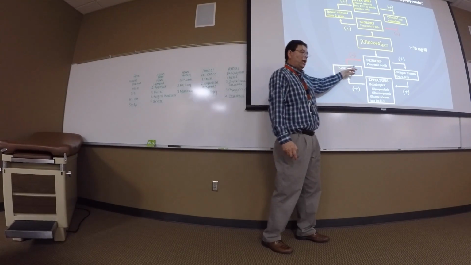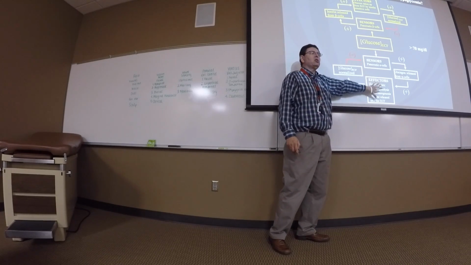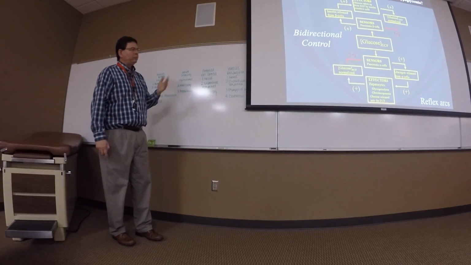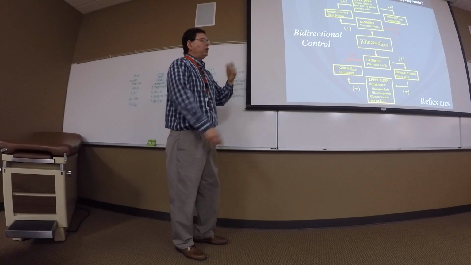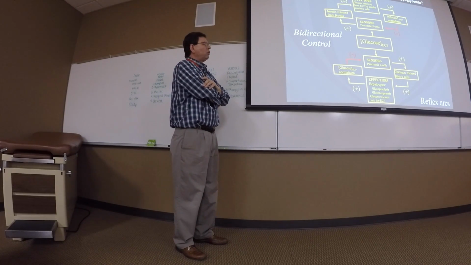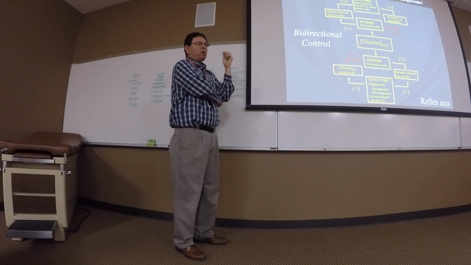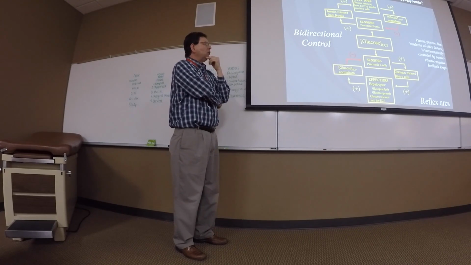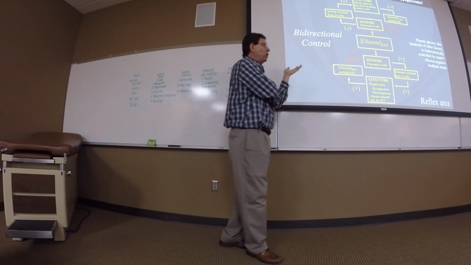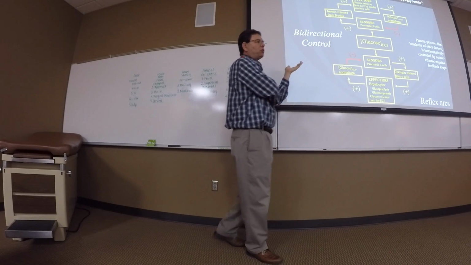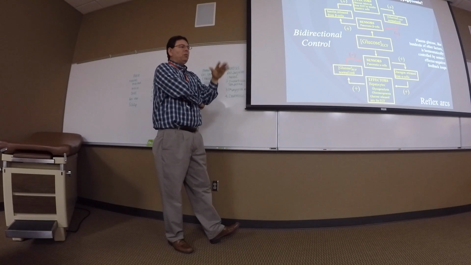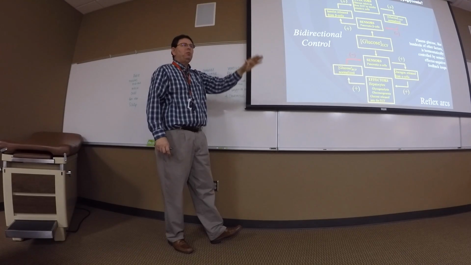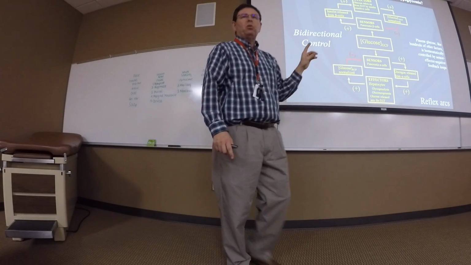Once your glucose is normalized, insulin will be normalized. This shuts off. This shuts off. So you have bidirectional control of your plasma glucose, just like we saw with other homeostatic control mechanisms. So we have sensory effector negative feedback loops, also called a reflex arc. And plasma glucose is just one of more than 200 different things that are regulated in your extracellular fluid by these sensory effector negative feedback loops bidirectionally. If something's too high, let's get it back down to normal. If it's too low, let's get it back up to normal.